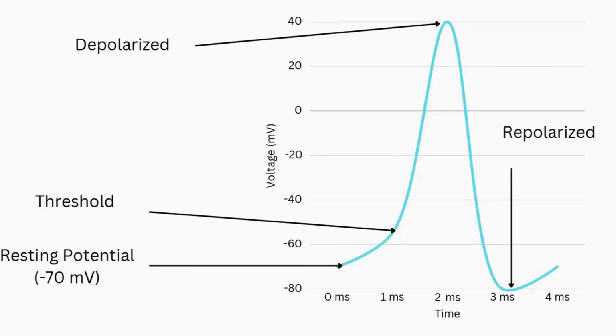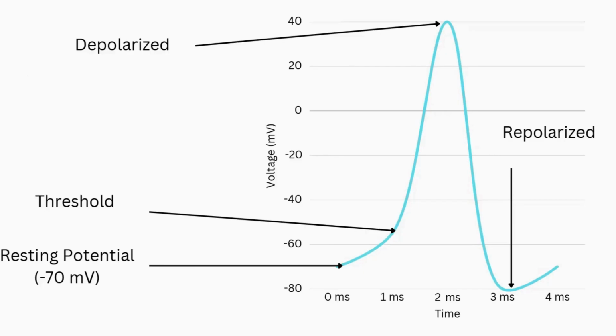And then we get to the point where the ion channel is open, and the sodium rushes in, and that's called depolarization, around 30 to 40 millivolts positive. Afterwards, the sodium ion channels close, and the potassium ion channels open. This means the potassium ions rush out of the channel, and this causes repolarization